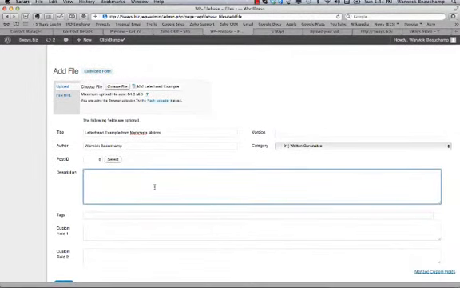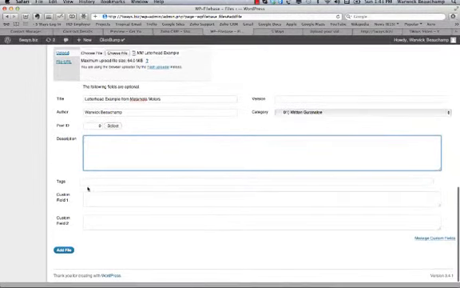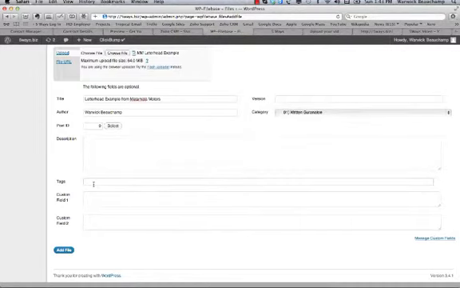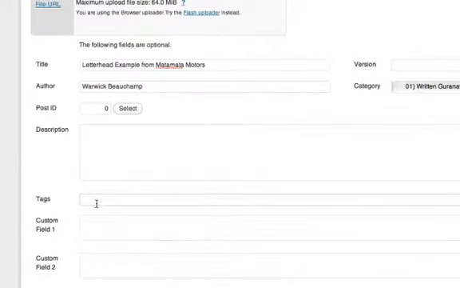If I want to, I can add a description. And most important though is putting the tags in there. So I think I'll put letterhead as a tag, the industry, automotive, probably put guarantee,